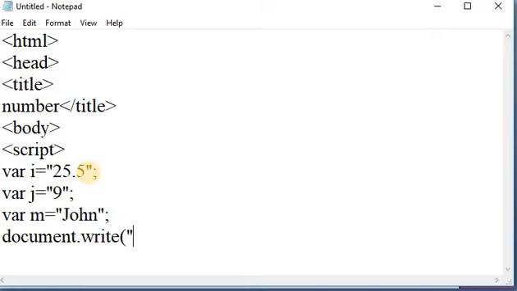Document.write, that is "number i equal to" plus, first of all, print i with the Number method, that is Number of i. Take a break tag.